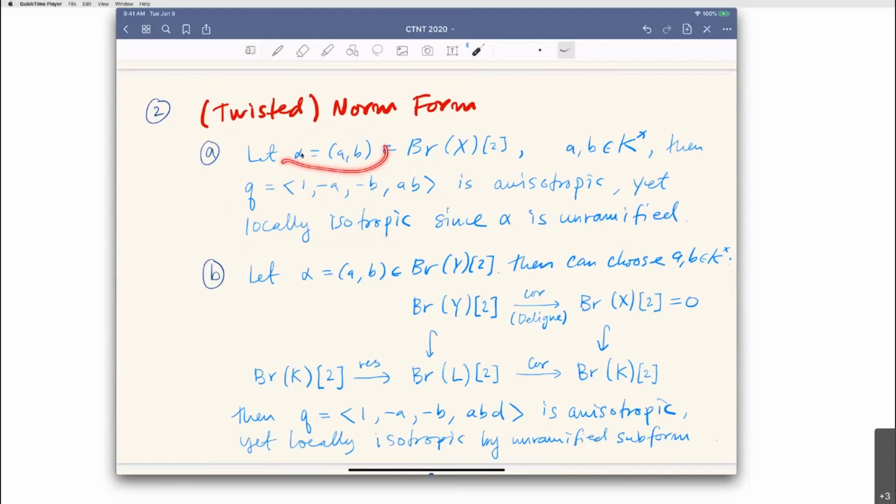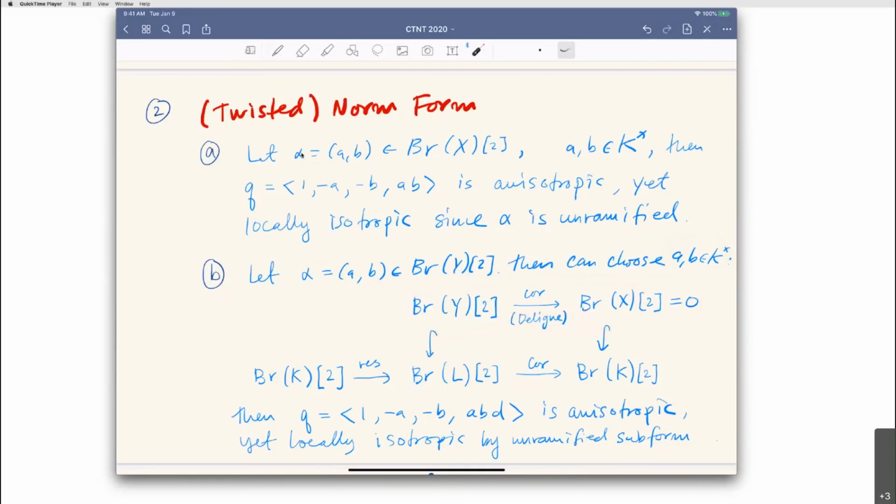But if we don't have such quaternion algebras over the field, then we have to take this double cover Y to X. This is a 2-to-1 double cover, and in that case, let me write L here for the function field of Y, and it's a quadratic extension of K, so we can write it as K adjoin square root of D for some D. And then what we can actually prove is that taking any unramified quaternion algebra over this surface, we can choose the functions that form the quaternion algebra to lie in the base field K, not in the function field of Y, but actually in the function field of X. There's a little argument here using the restriction-corestriction sequence and the existence of a corestriction map on the level of the unramified Brauer group, going back to work of Deligne.